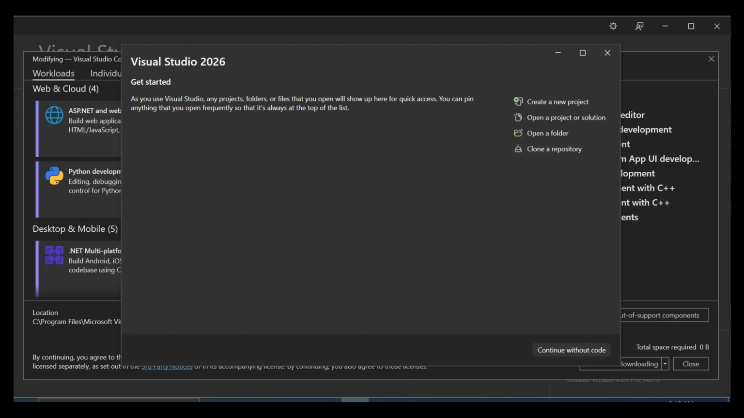Today we're going to look at getting started with Blazor inside Visual Studio. So if you've been wanting to build interactive web apps using C# instead of JavaScript, this is the perfect place